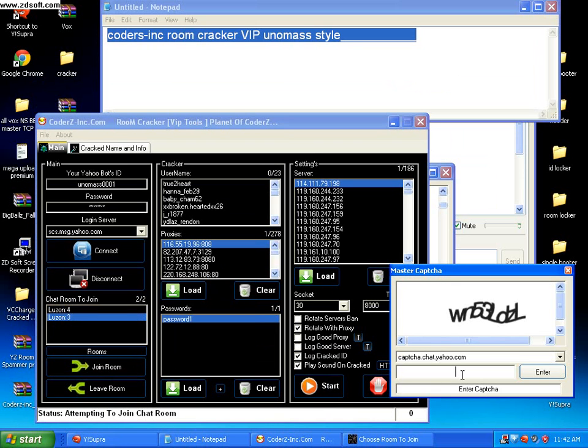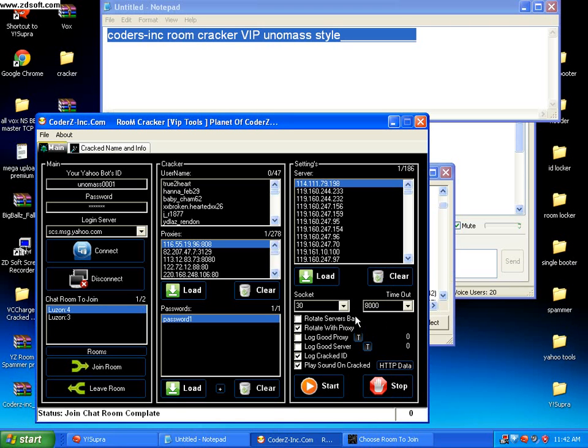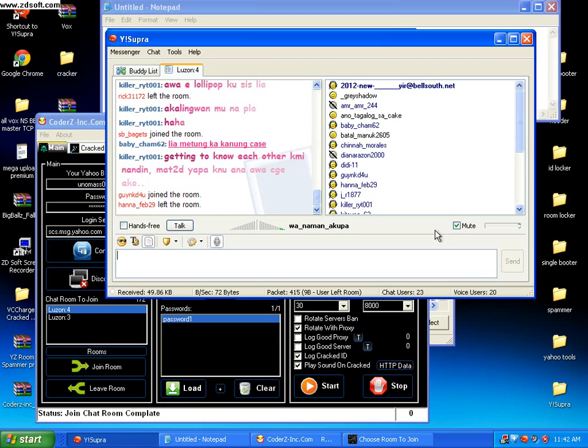As you can see, I'm already in Luzon 4. Then WN 53 LDCL, just click on enter, and there it goes, another room. If you want to go to other rooms, as you can see, I already left room Luzon 4.